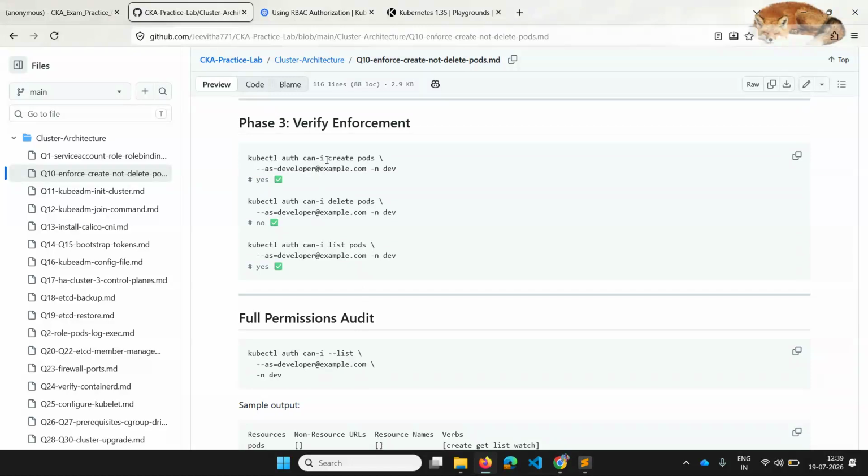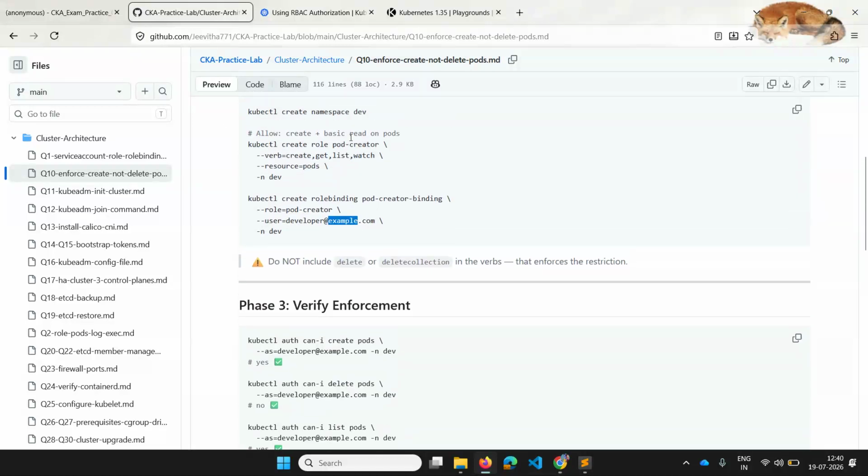If it is a group, add --as-group equals the group name. We have seen that example in the previous questions. If you are using a service account to test, you have that in the help command as well. You have to mention the service account name along with the namespace name, such as production, and then test the enforcement that you have just done as role based access control.